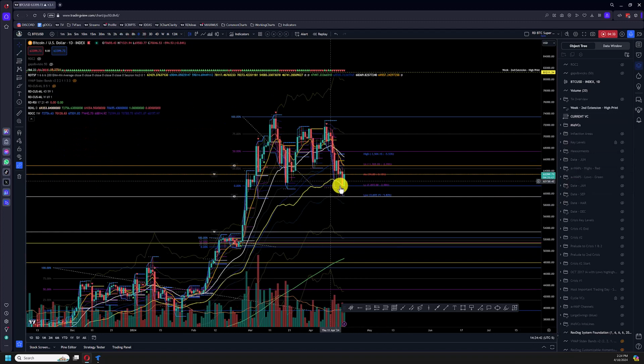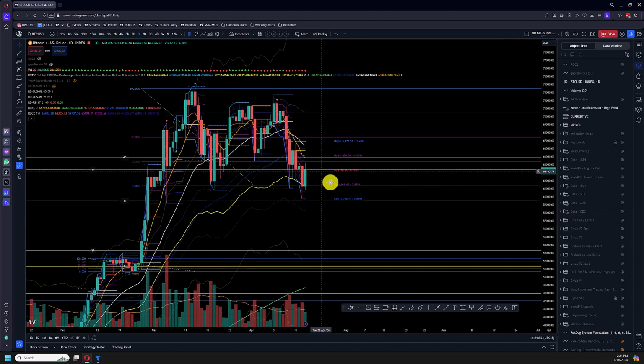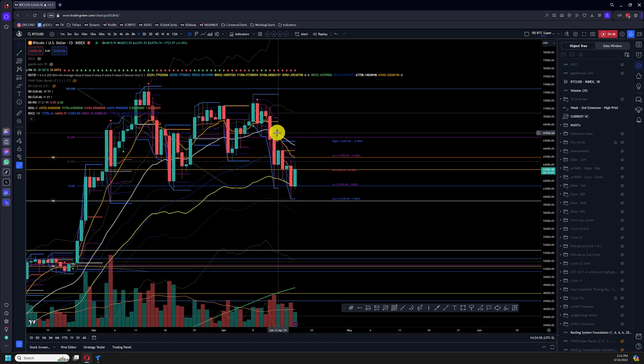This is the first test in a while. The first test is always the best. So far, the RDA has held. The one thing that I would really watch on this is we are momentum short now on